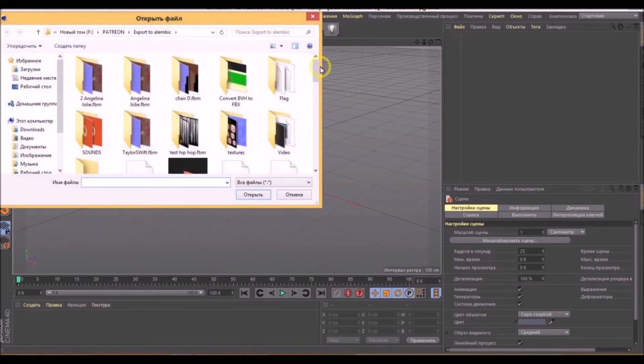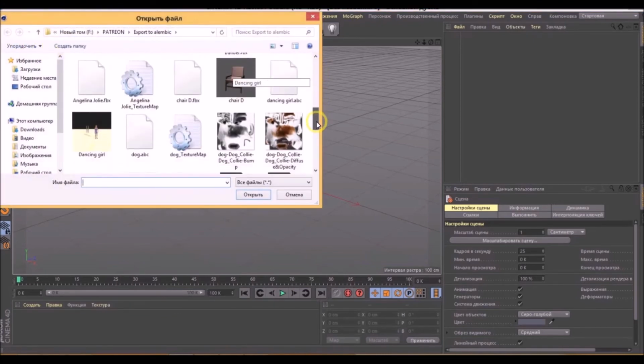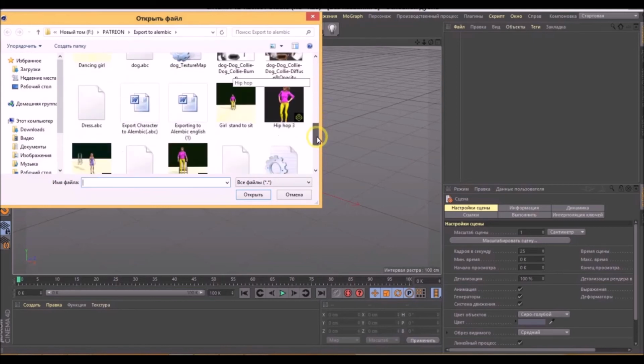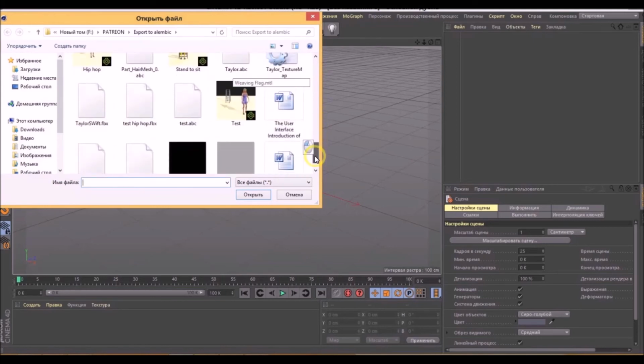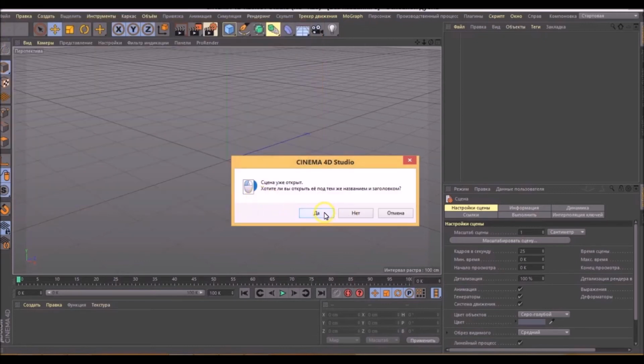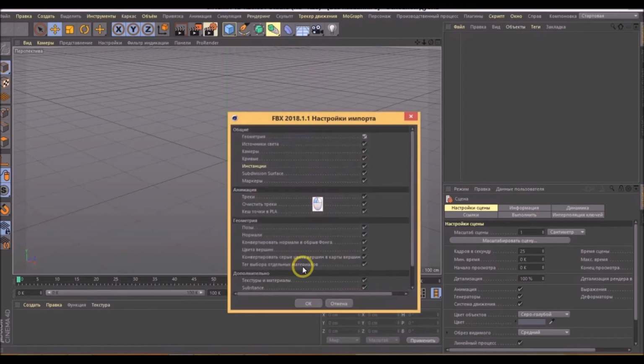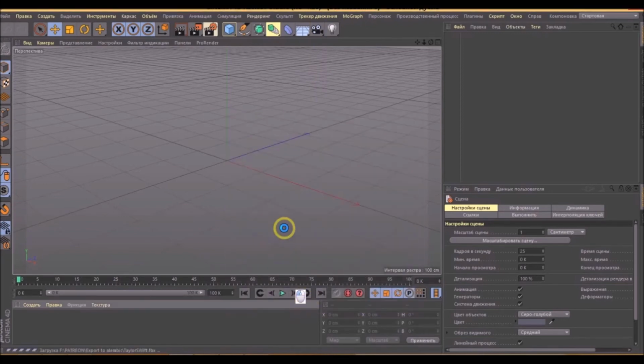Now go to Maya, import the FBX file of our model, and in the Hypershade panel you can see all the relevant materials that were automatically generated by the program.